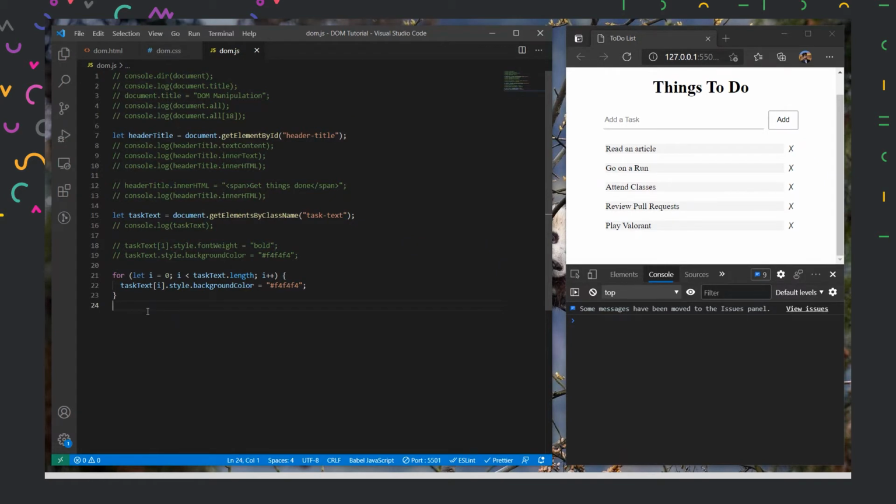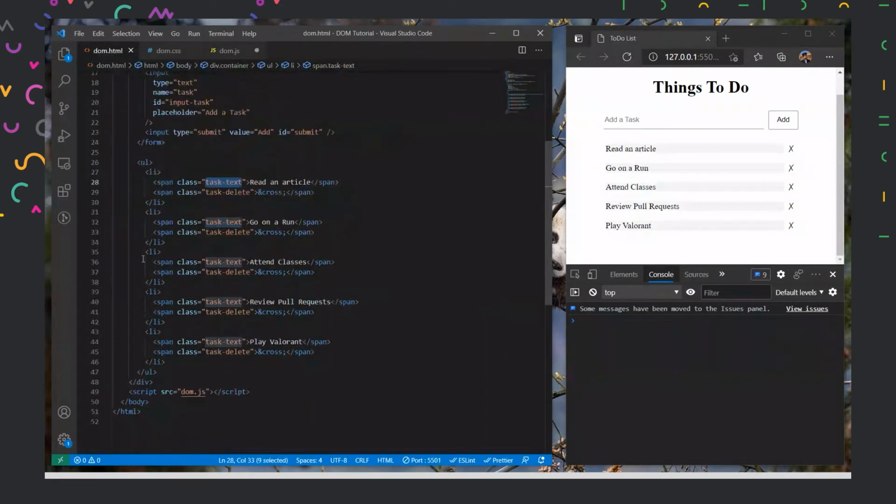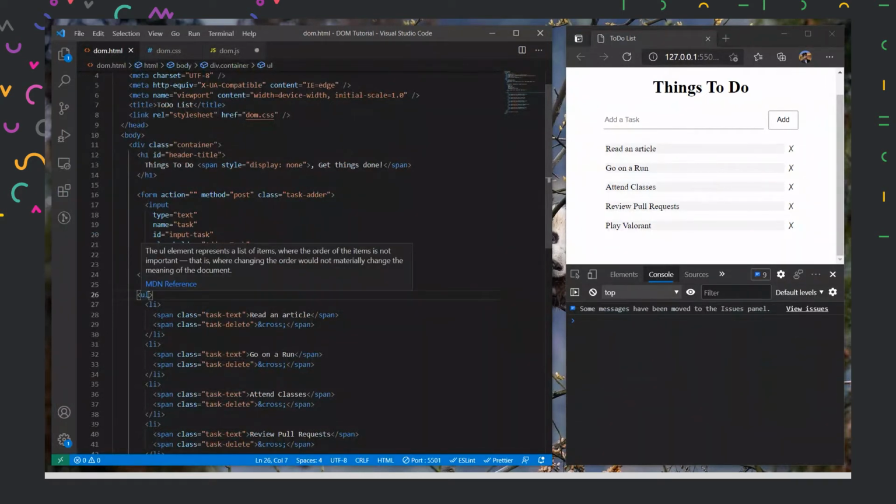All right. So another method to select we have is get element by tag name. So if I comment this out and let us select, inside here we have a unique property, the list. UL is unique to us, so let us select UL now.